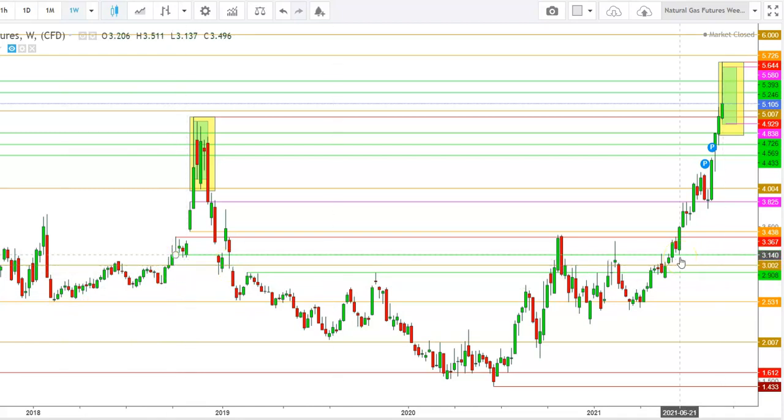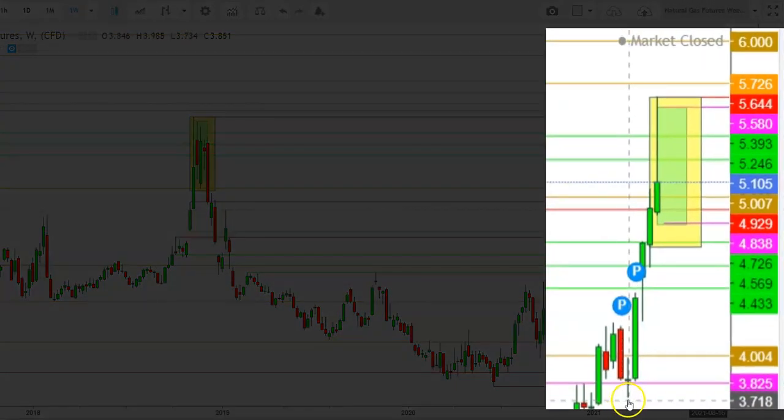Once again, the natural gas futures started to move upward from the levels of $3.147 during the month of June 2021 when a steep upward move was there during the last week of June 2021, followed by another upward move when the natural gas futures found this resistance once again at the levels of $3.825 what we have seen here during the year 2018. So here you can see that the natural gas futures continue to face stiff resistance at the same levels, and finally the natural gas futures found a breakout from the levels of